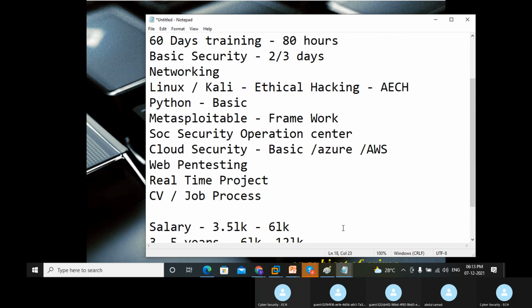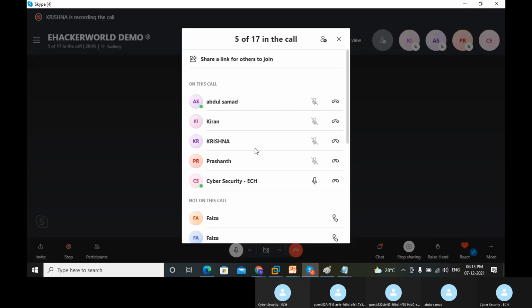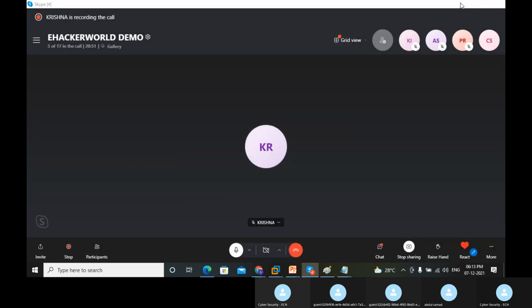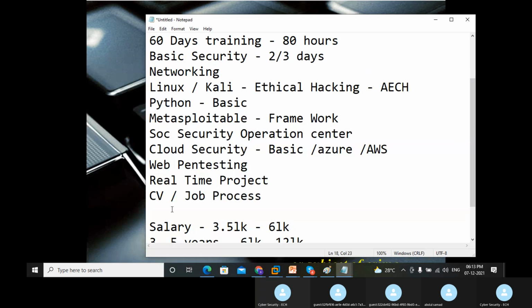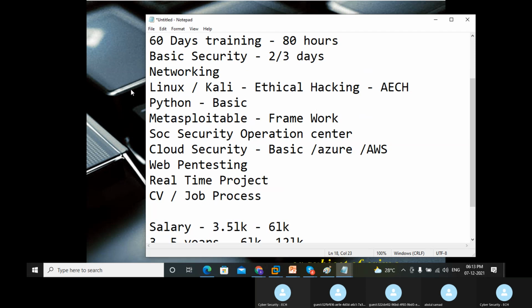It takes you around 60 days to cover it. In these 60 days you're going to get hands-on experience with all the tools which I showed you, whether security tools, ethical hacking tools, or web pen testing. If I talk about each of the topics, you're getting a deeper analysis. It's not just an introduction part.